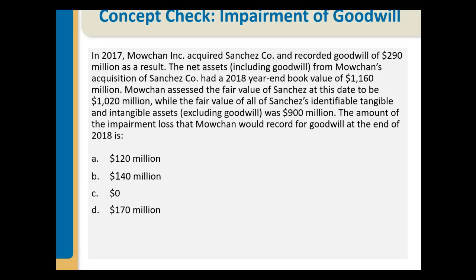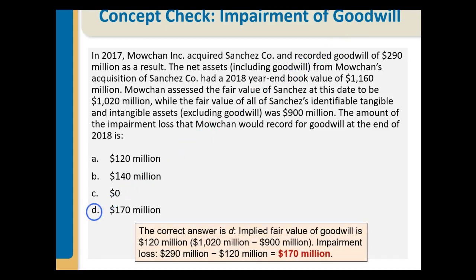Mochan assessed the fair value of Sanchez at this date to be $1,020 million, while the fair value of all Sanchez's identifiable tangible and intangible assets, excluding goodwill, was $900 million. The amount of the impairment loss that Mochan would record for goodwill at the end of 2018 is